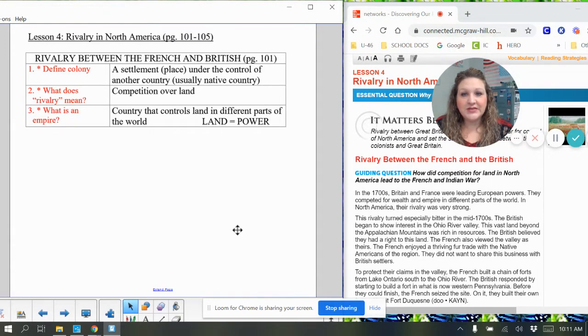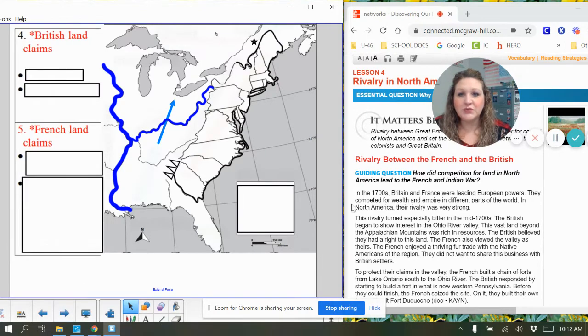Our next piece, I've actually already put in your notes for you, because in Google Docs, you can't manipulate certain things. You can't necessarily draw on things. That's why when I ask you to insert text boxes or put arrows or things like that, I give it in a Google slide. But I didn't think that would be a great idea for this one. So I just decided that I was going to put in the information for you for our next piece, which happens to be the map that we're focusing on.